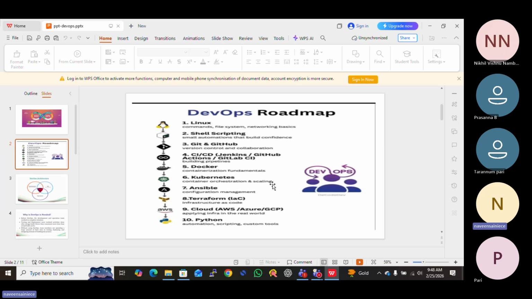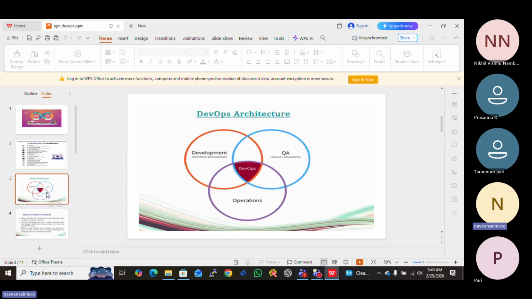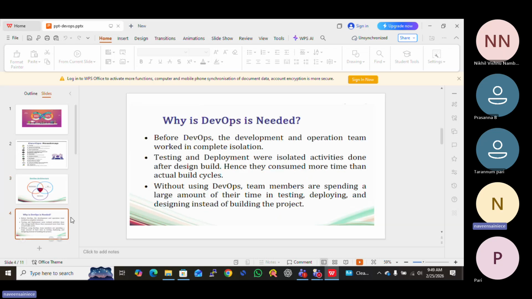First the basic manual process, then the basics of CI/CD pipeline, then you can add the other DevOps tools. This is just an introduction. Next is architecture; we will also see application architecture.